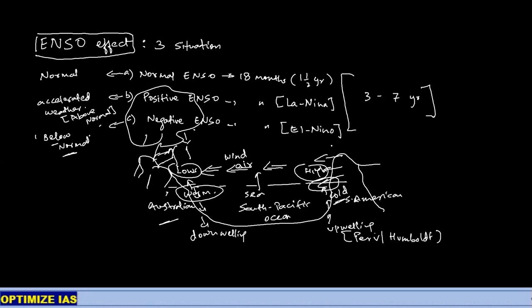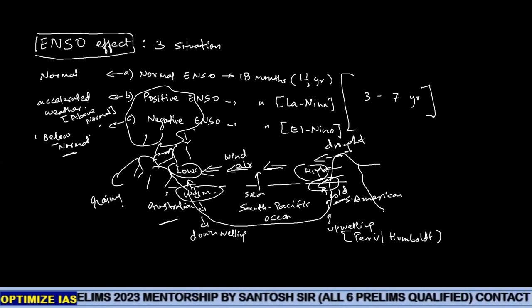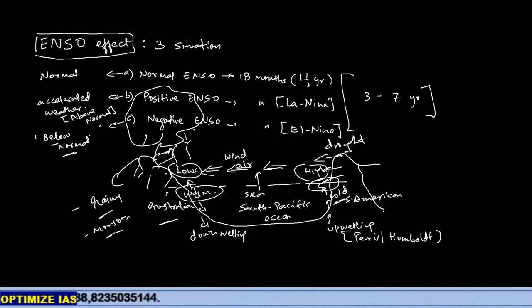Rainfall would be... and this will be called what? Drought affected. So the American coast will be what? Drought affected generally. And the Asian and East Australia will be called what? Rainy weather. So monsoons will remain what? Normal. So you can understand this is a normal situation because of the directions. What happened in the positive end?